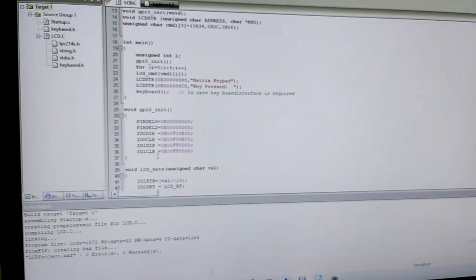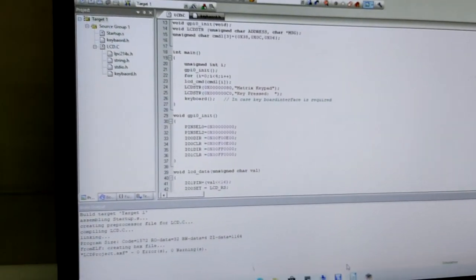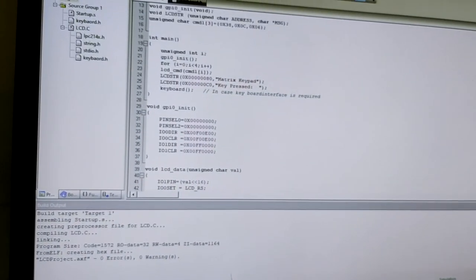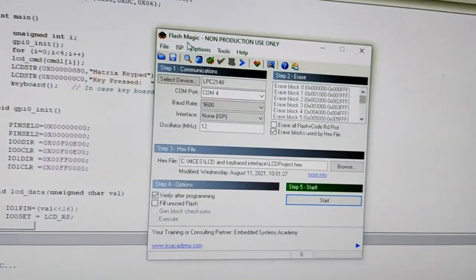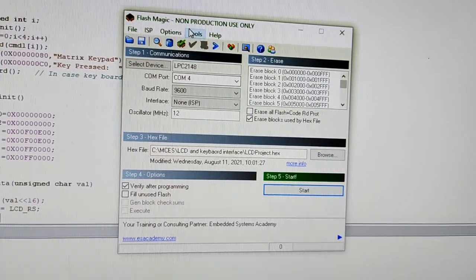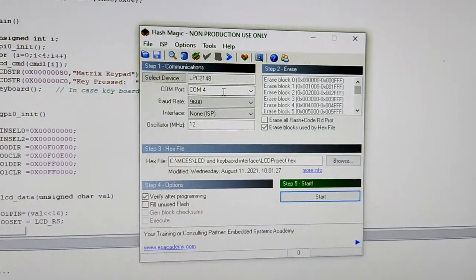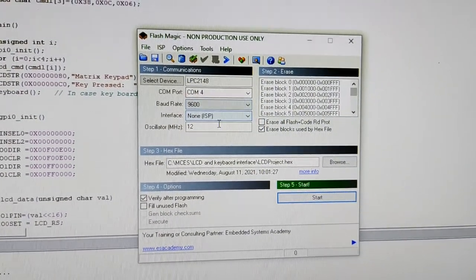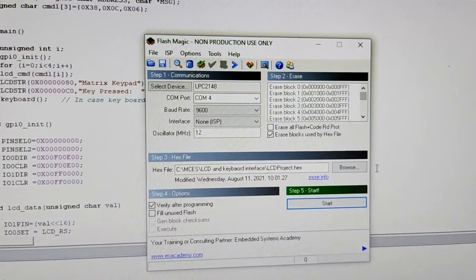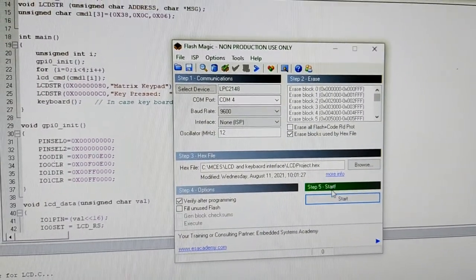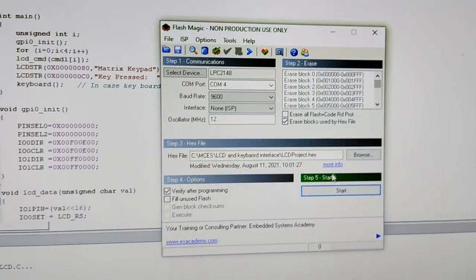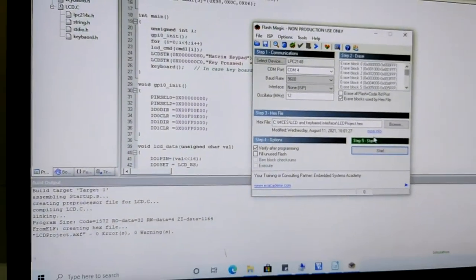Once we compile everything, it's time to burn the code from the processor to the microcontroller. To do that, we require the help of Flash Magic here. Select the device, COM port, baud rate and oscillator 12 megahertz. Browse for that file and click on start. Before we do that, we can see here